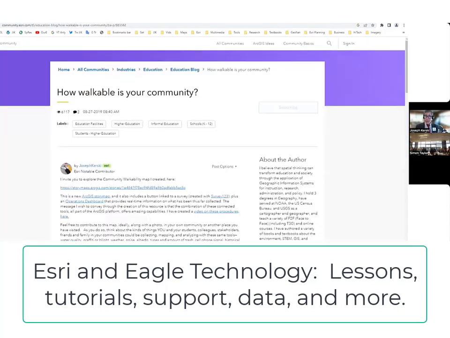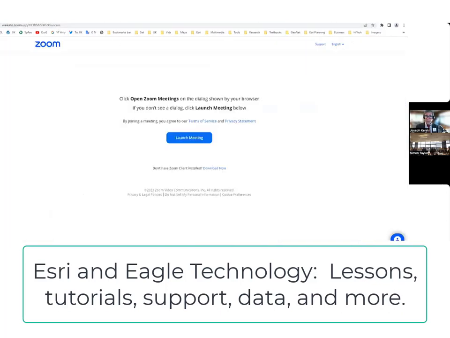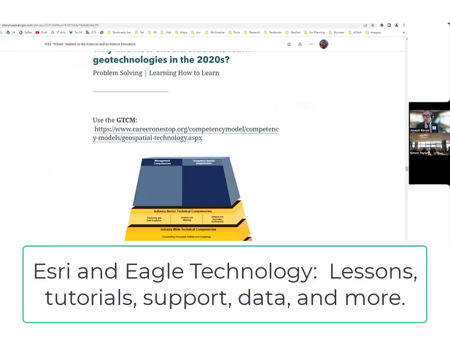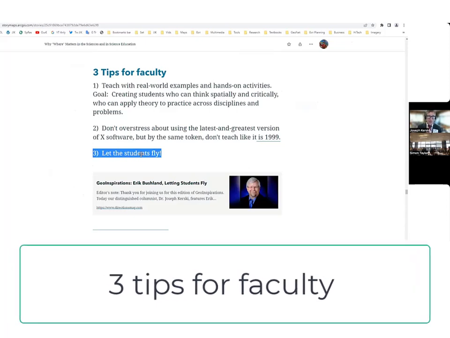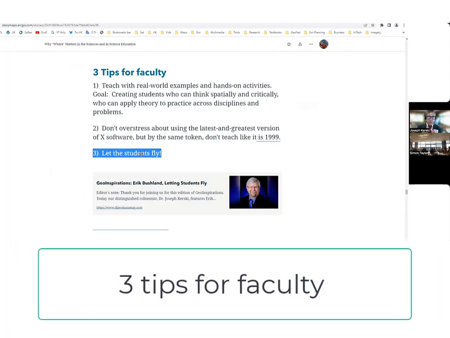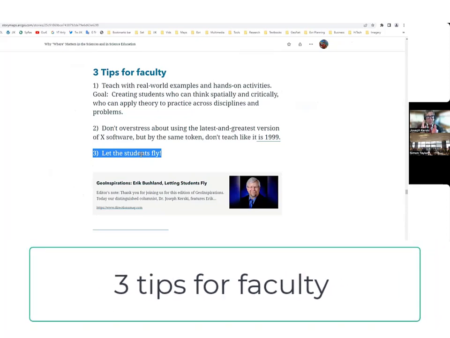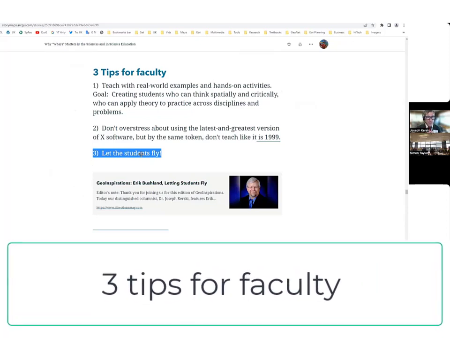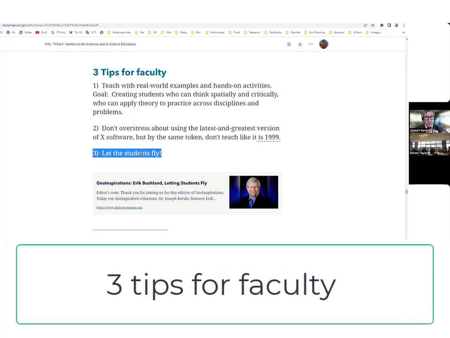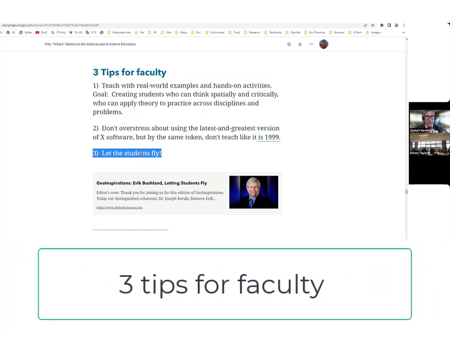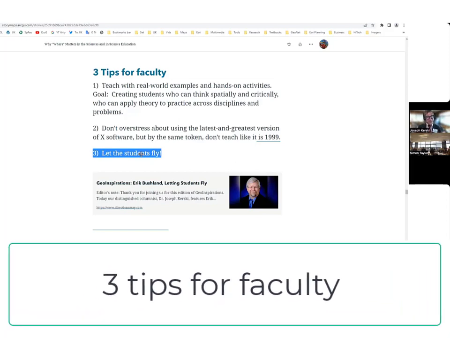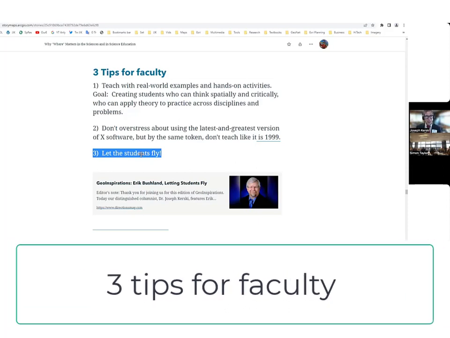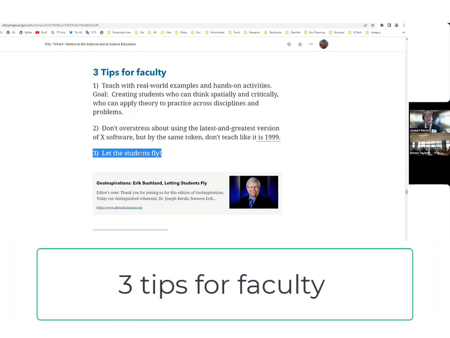And the other thing I want to lay out there is a series of things I just wanted to say right at the end here as we go into closing moments. Let the students fly, okay? Give them some structure with this, but don't micromanage their inquiry in geotechnologies, because one of the appeals is that it's an inquiry-based tool. So if they're looking at earthquakes over in South America and you really want them to focus on New Zealand, you can get them back to New Zealand at some point. But give them a little bit of freedom to do some inquiry.